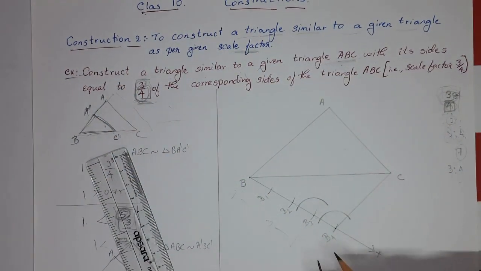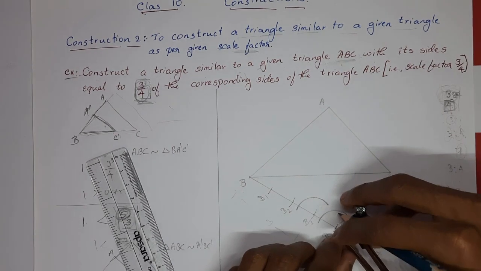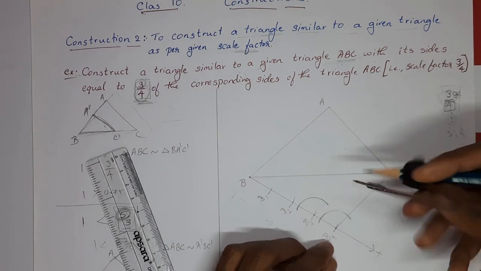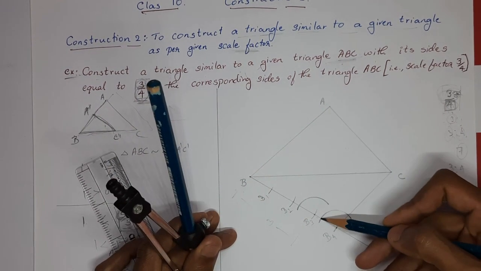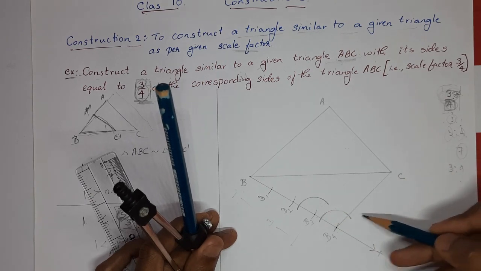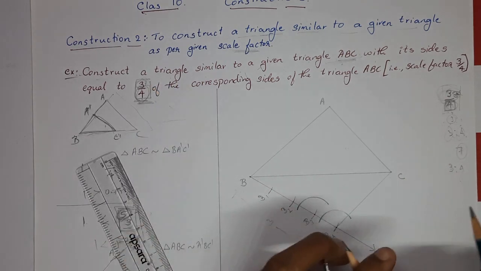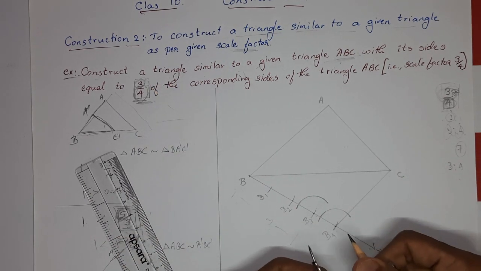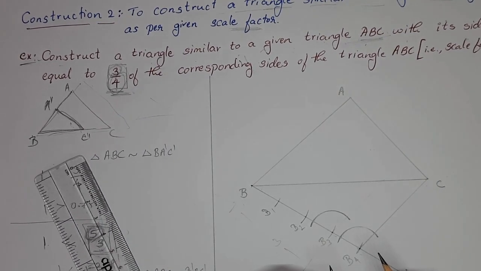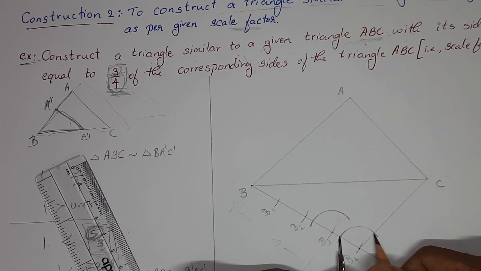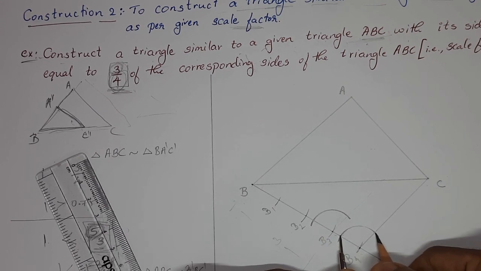The next step is from B4, where I have drawn a line that is touching this one point. See, I will show you this one point and this point, these two measurements we have to take in a compass now. I hope you can check it, it is not difficult. Yes, we have to see the measurement of this point and this point. Keep the exact measurement. You have to get the exact value, which means you have to keep it exactly. A small error will also make a big difference.